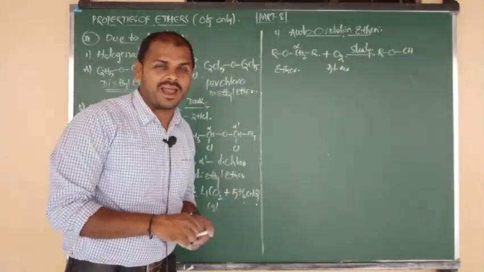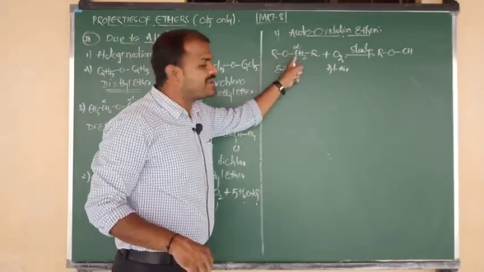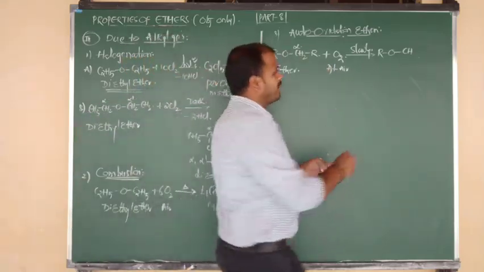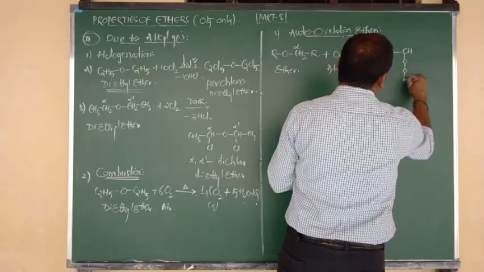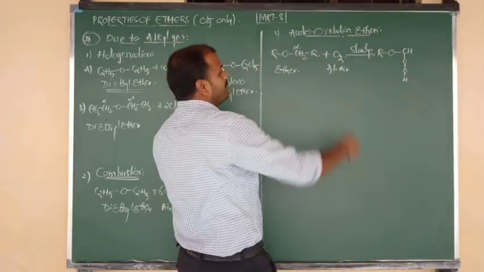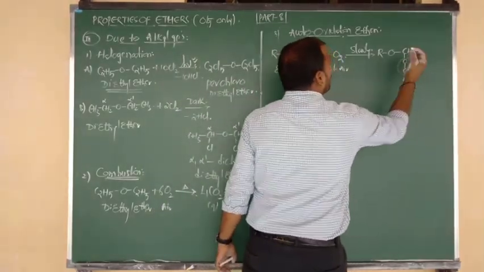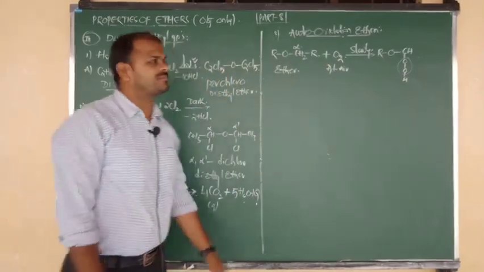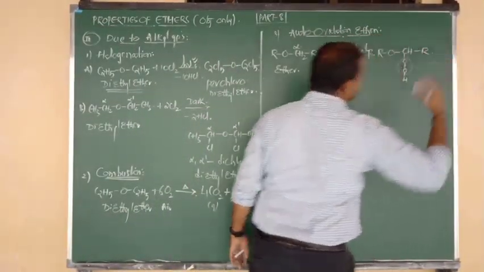Sir, what about another hydrogen atom? Between such alpha hydrogen and alpha carbon, insertion of O2 will take place. Means CH bonded to O, again O, again connected to H. Between alpha carbon and alpha hydrogen, we have to write that O bond O. Nothing but insertion of an O2 group will take place. Now CH2 connected to the respective group, that is nothing but R.